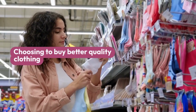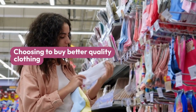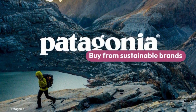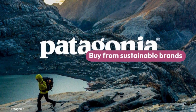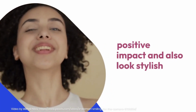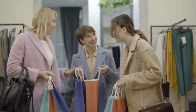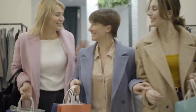Choosing to buy better quality clothing means that the clothing will last longer and be used for more than one season. Buy from sustainable brands. This means you have an assurance that the people who are making your clothes are being treated fairly and that the process is done responsibly. By supporting sustainable fashion, we can make a positive impact on the environment and also look stylish and beautiful at the same time. So next time you're shopping for clothing, think about how you can make an impact on the